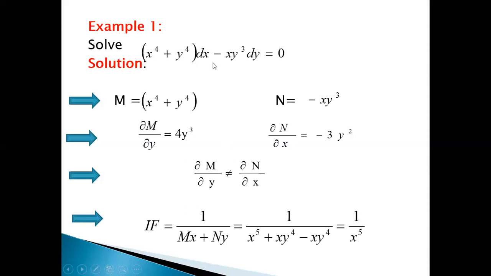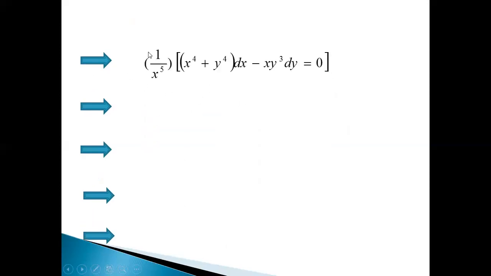Okay, our given differential equation is not exact. Our given differential equation is homogeneous because each term containing equal power. So for converting into the exact form, we find integrating factor, and as our given differential equation is homogeneous and integrating factor is 1 upon mx plus ny, which is not equal to 0, which is 1 upon x raised to 5. Now our next step is we have to multiply our integrating factor with the given differential equation.